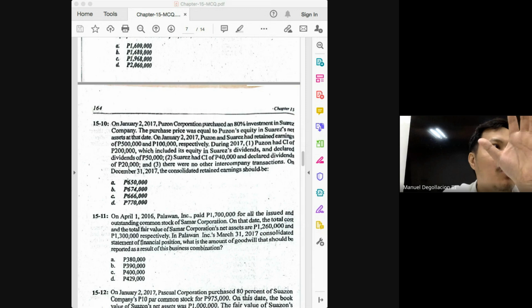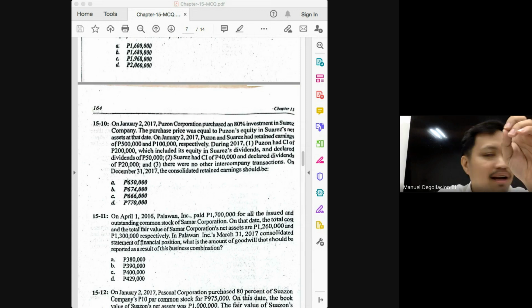And for this chapter, when will that happen? If there are excess to be amortized. And what is the source of that excess? If the fair value is different from the book value. Okay, but at least even if you do not know what to do or how to determine the adjusted income of the subsidiary, you can answer many of those questions, class. Hopefully, you'll be able to save up points, even if you get the ultimate question wrong.